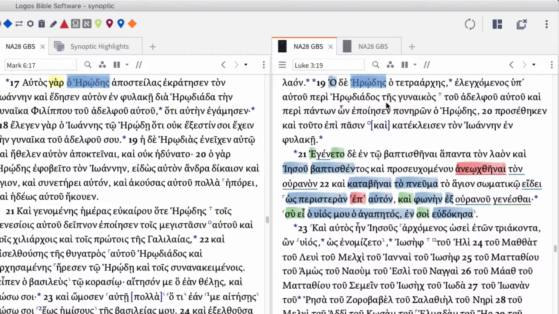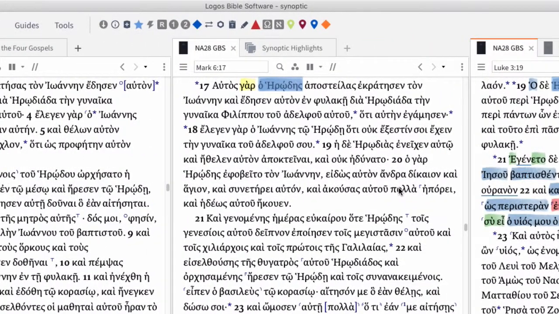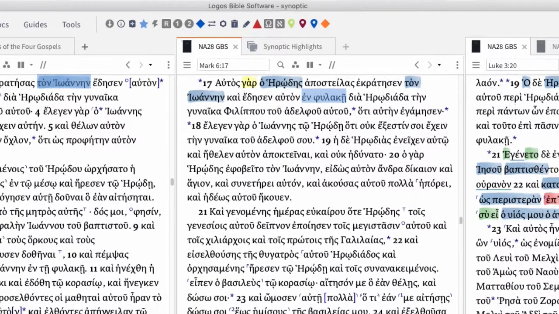And so on. You notice how it's only in Luke that the tetrarch is a designation of Herod. In this situation, it's the words ton Ioannein that are parallel in all three of the Gospels. And of course this phrase en phulake,